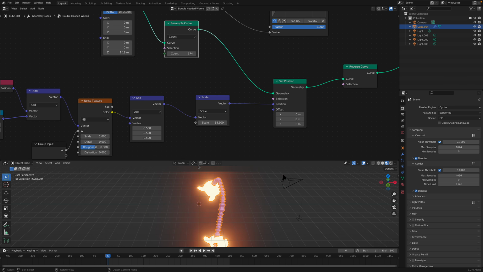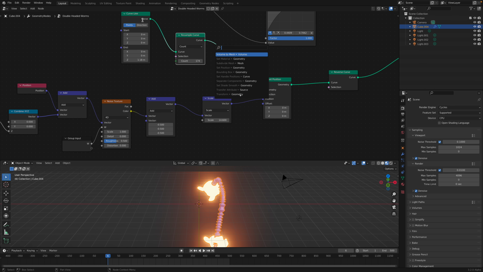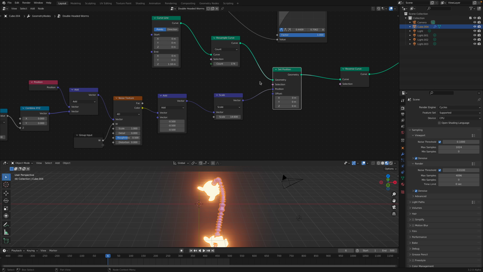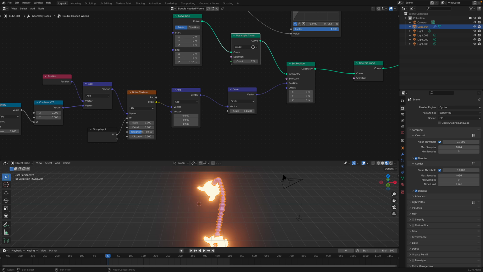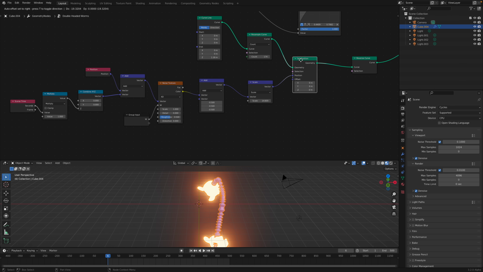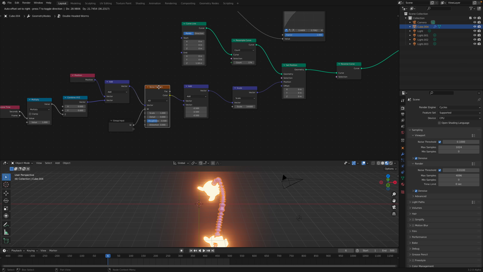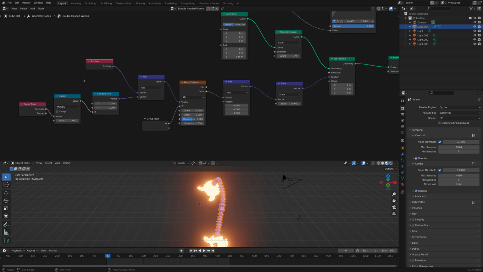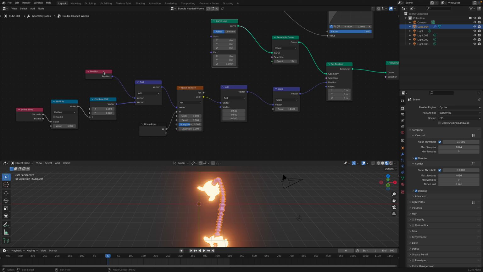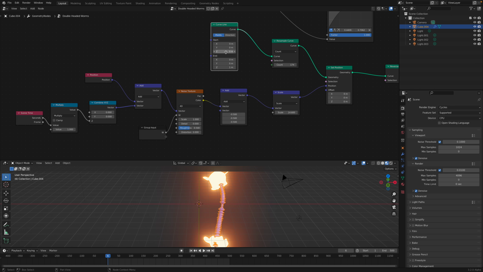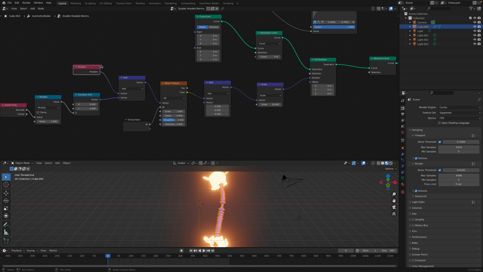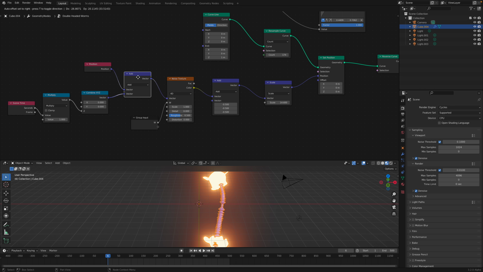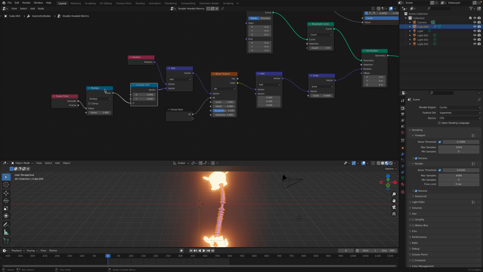The curve is traveling through the noise, and the noise is setting the positions of the curve. This is the set position node, and I'm using a noise texture. What's happening here is I'm using the original position of the curve, which is this guy. This guy is actually growing in the z-axis. That's really important, because we want to use the noise and change the vector of the noise texture based on